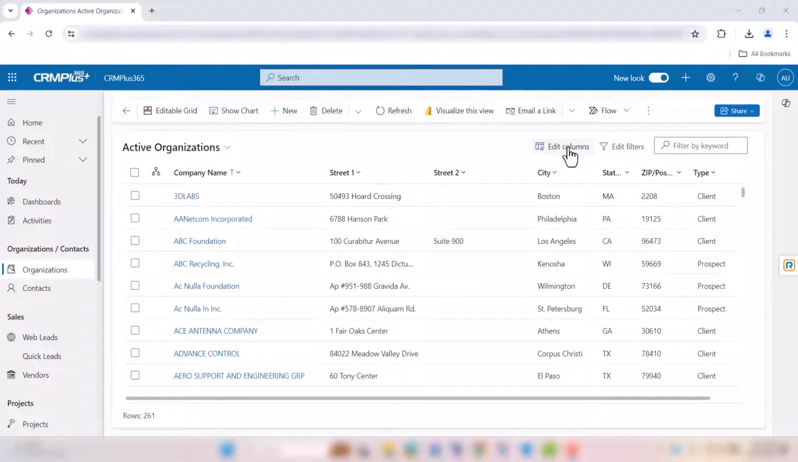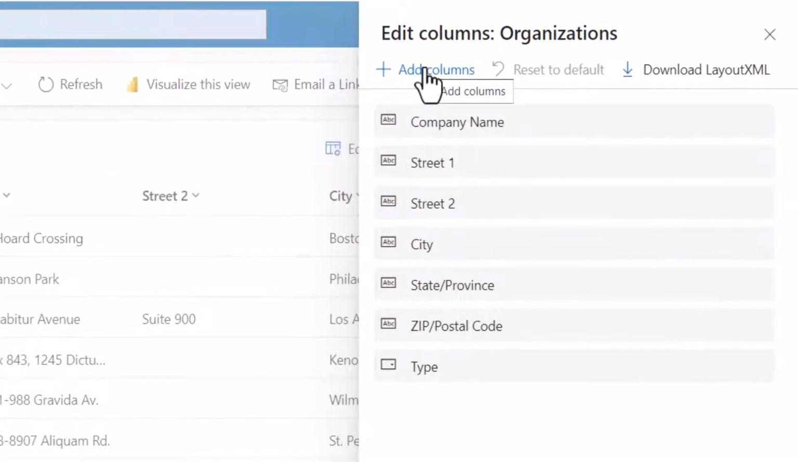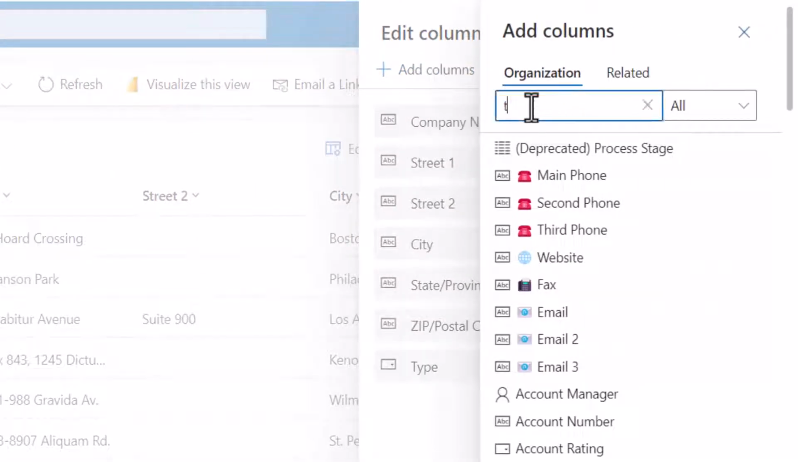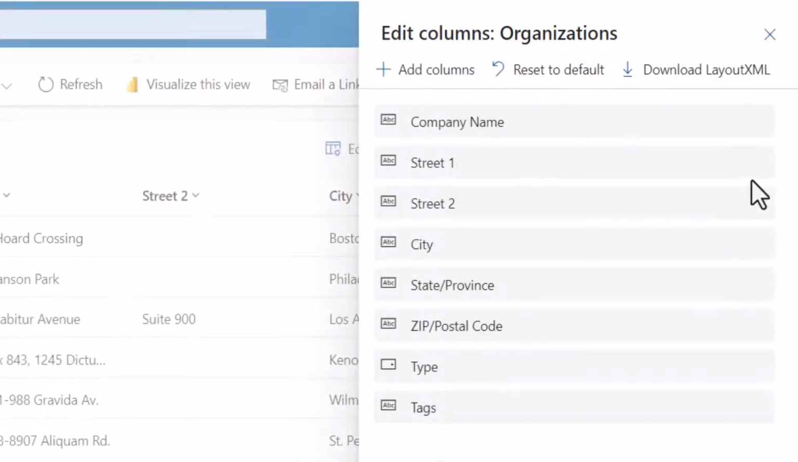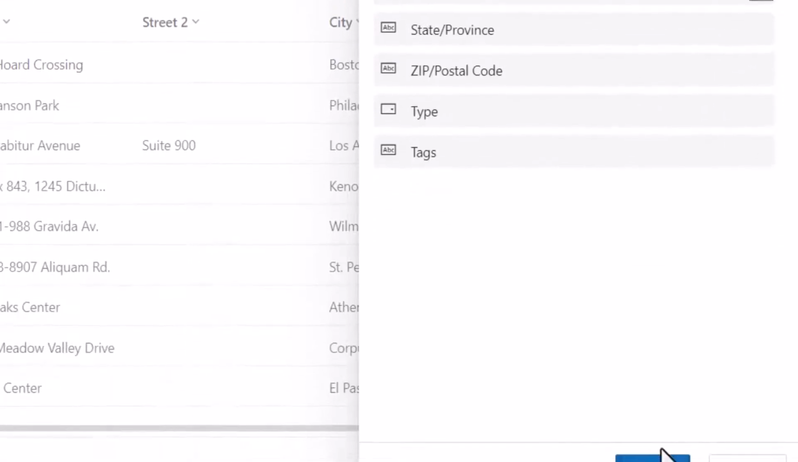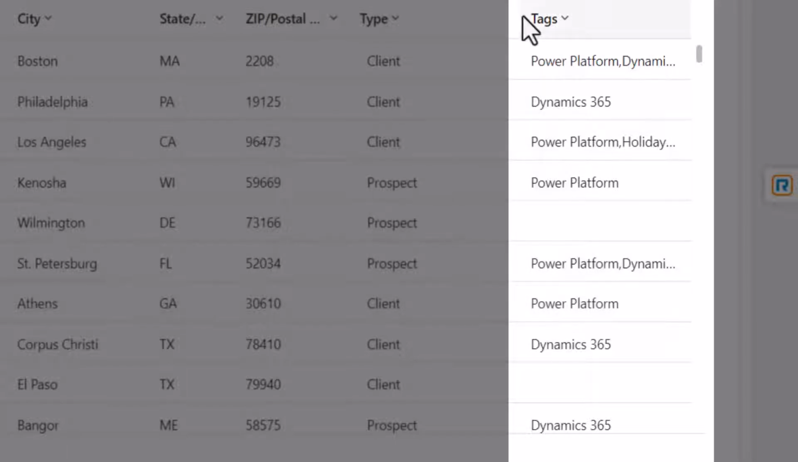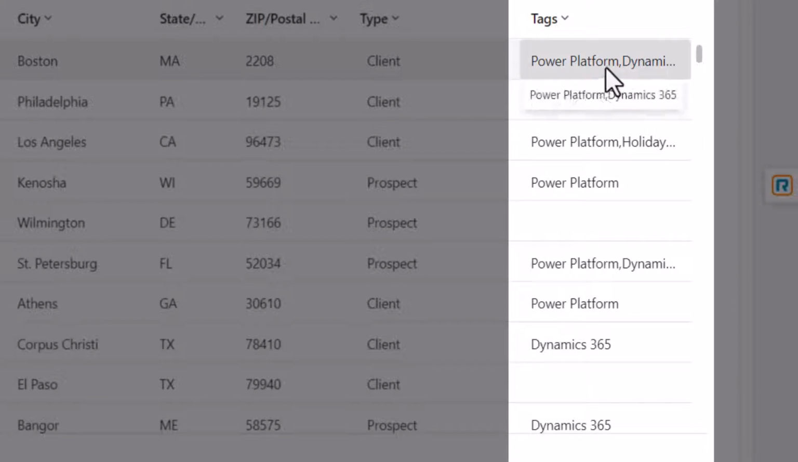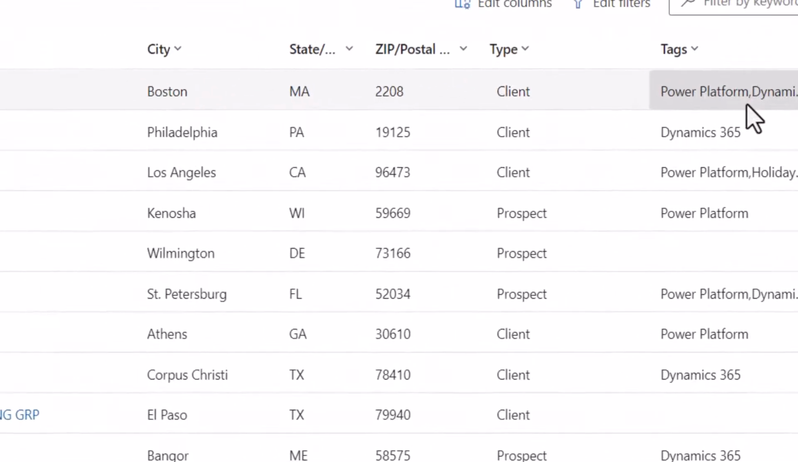I'm going to add a column to this view called tags. And I'm going to remove the street just so you can see everything. What we do is we have a comma delimited list of each tag. So if a company has more than one tag, you'll see them listed. So if you want to see all the Dynamics 365 organizations,